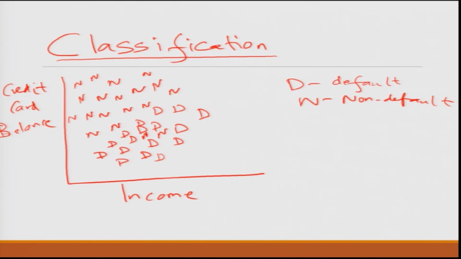So, for example, I have one customer who comes out, say, here. For example, let me just make it with a different color. So, this is a new case which came. You do not know, this is new data. So, it's maybe a new customer about whom you do not know whether he will default or not default. You want to now decide or make an estimate of whether he will default or not default. So, how do you go about it?